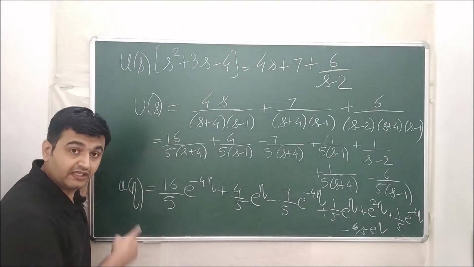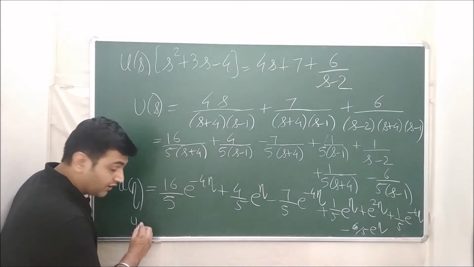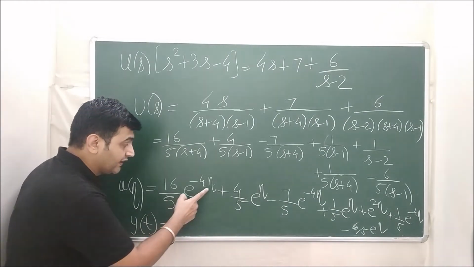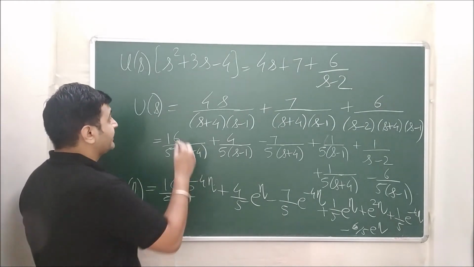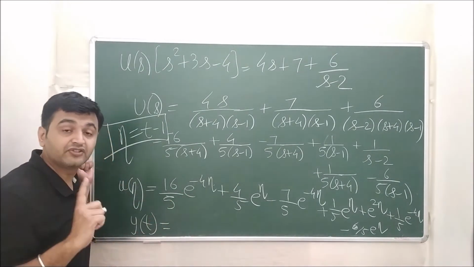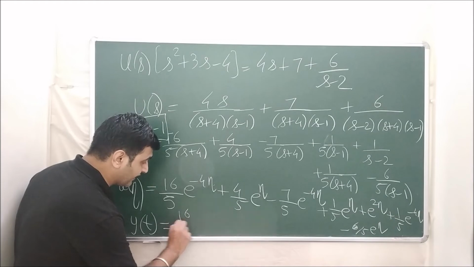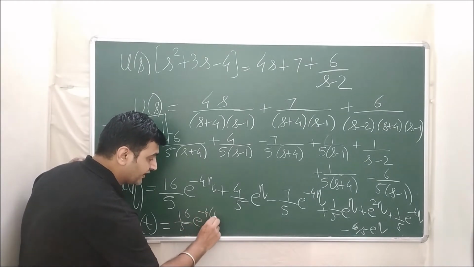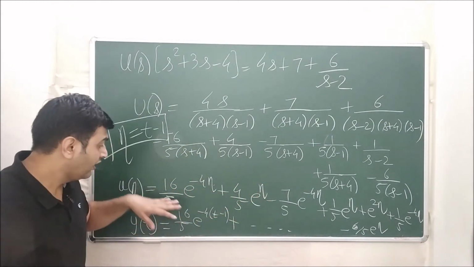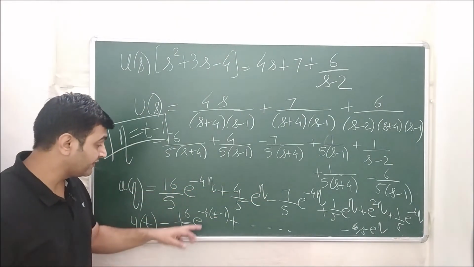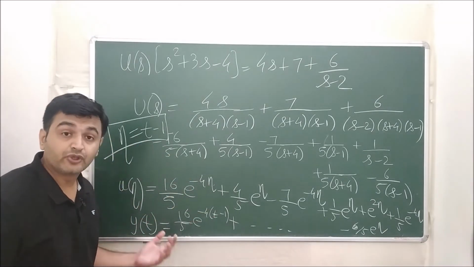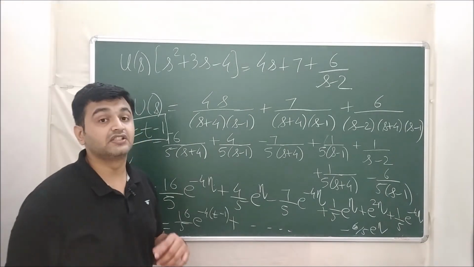Now what is my u of eta? If you remember, it is nothing but y of t plus 1. So if I want to write this in terms of t, I will write over here y of t, and wherever you have eta, what was my eta? My eta, if you recall, was nothing but t minus 1. So wherever you have eta, you replace your eta by t minus 1. So you have 16 by 5 e raised to minus 4 (t minus 1) plus so on. You can combine the terms at the end, but that's what the idea is. Ultimately, you have to again resubstitute your eta by t minus 1. So this is what the particular solution is for the given initial value problem.